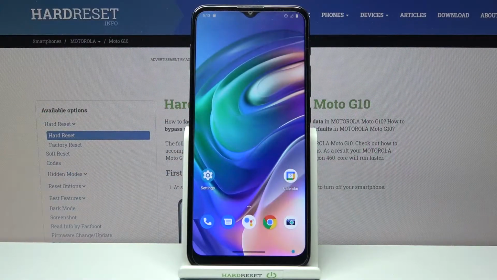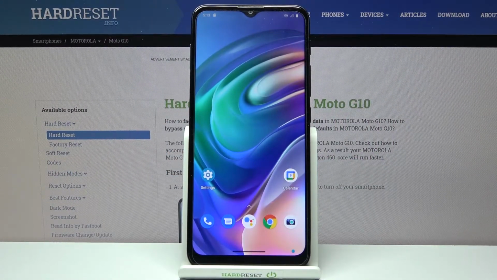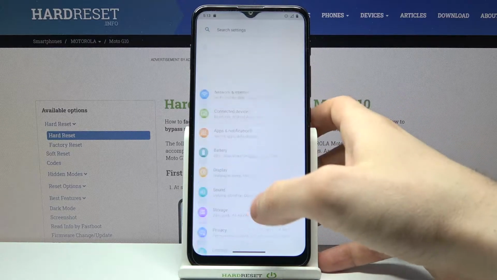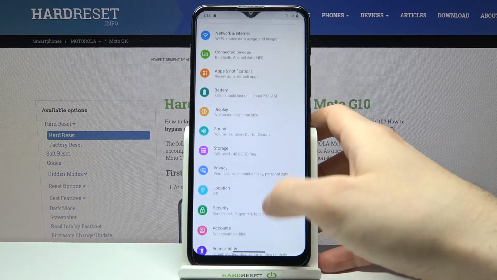Here I have Motorola Moto G10, and today I'm going to show you how to format SD card on this device. So firstly you will have to open settings,